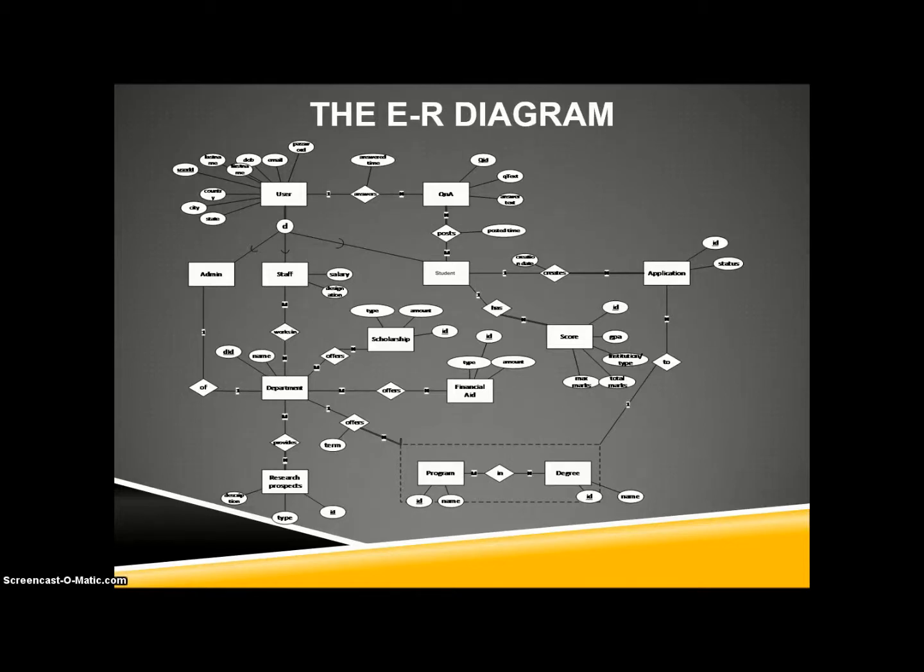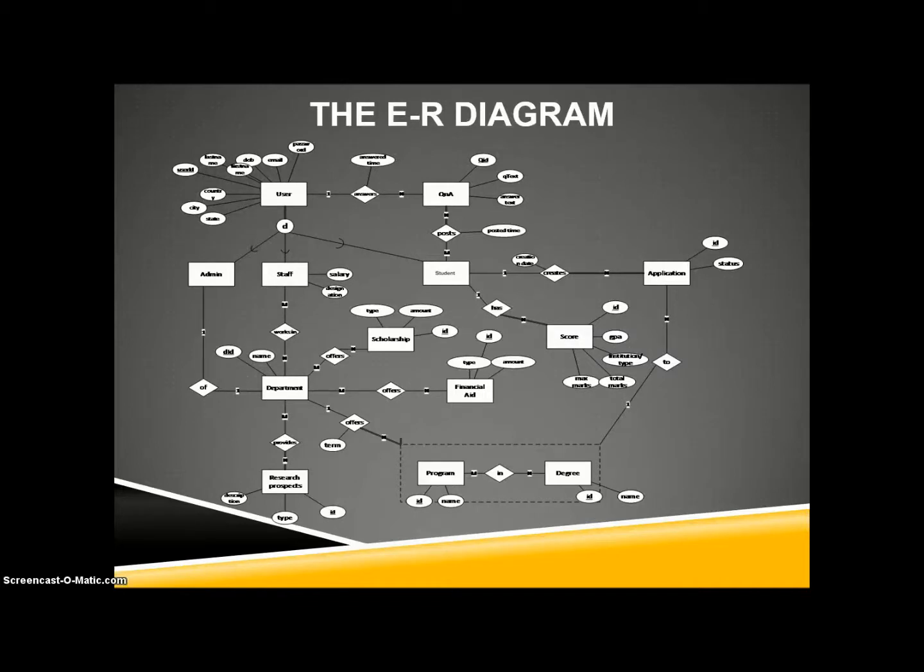The ER model mentioned here describes the information aspects of our student recruitment application. Each user who is willing to use this application can create their profile, whether it is admin, staff, or prospective students. The user can create their profile by entering their basic details identified by a unique ID, which is the primary key, password, first name, last name, date of birth, city, email ID, state, and country. These are the user entity attributes.